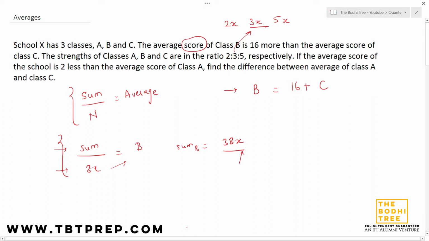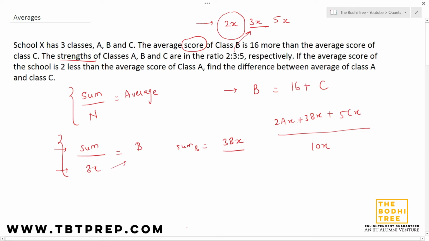We have already found it across B. Let's find it across A. So A has 2x students and the average is A. So total sum of scores in class A will be 2ax, right? So 2ax plus 3bx, similarly 5cx upon total number of students across A, B and C. So that is nothing but add this, right? This is the number of students, right? Strength means number of students. 2x plus 3x plus 5x is nothing but 10x,